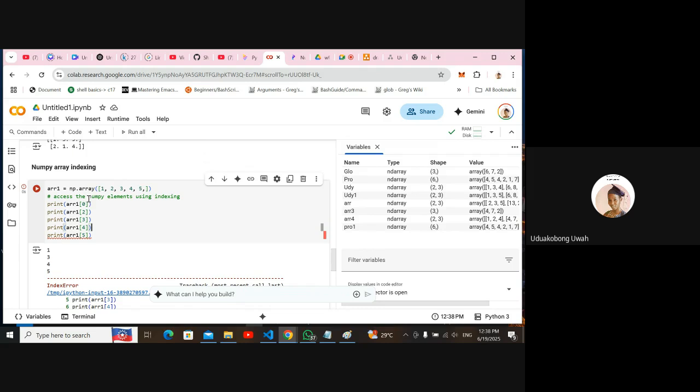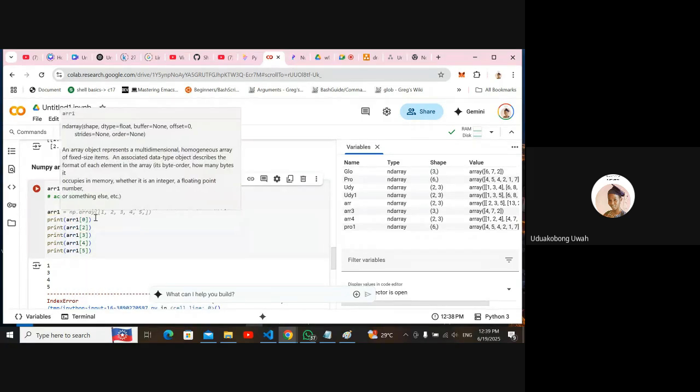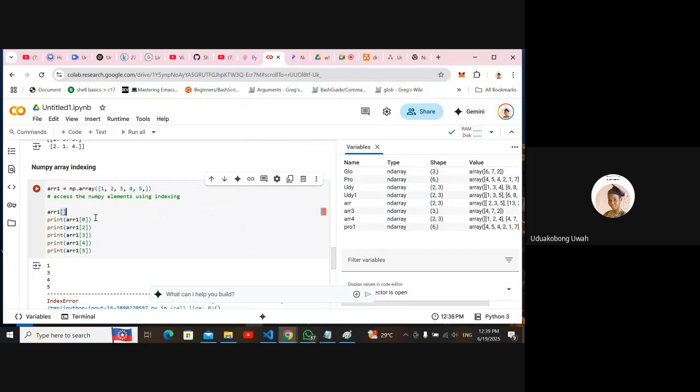So for this, I could say arr1, then at index 0, I want to change it to 9. Okay, so if I now print,